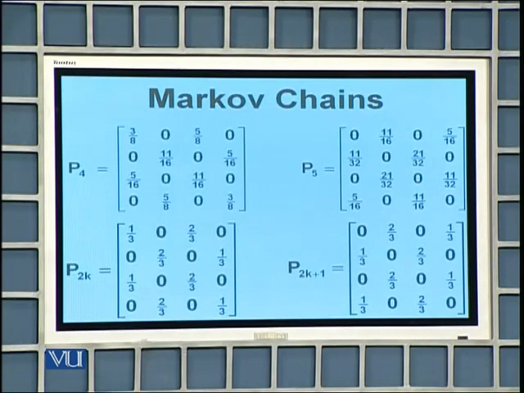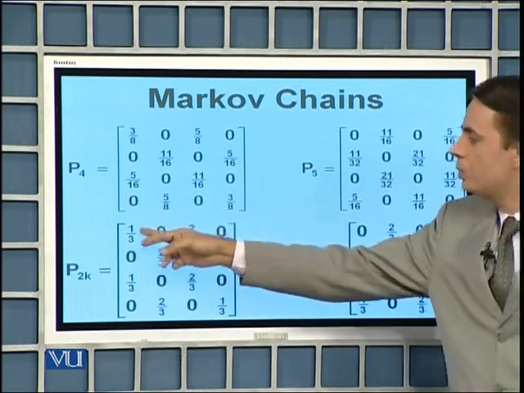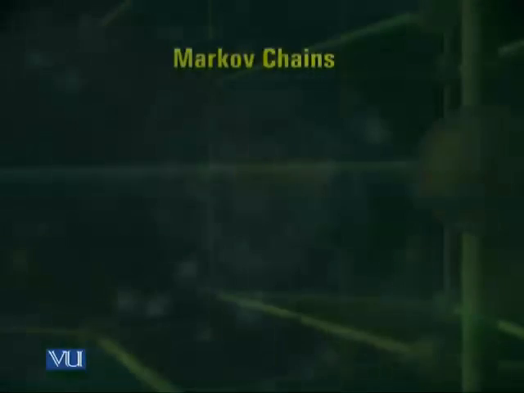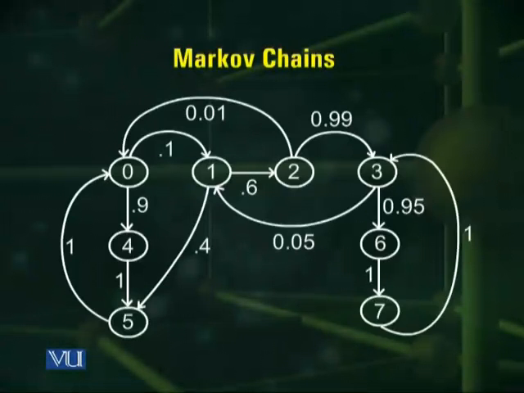If you look carefully at that state diagram, you will realize that indeed that is the case. You do need an even number of transitions to be able to get back to the starting state. And if you have an odd number of transitions, there is no way that you can come back to the starting state.